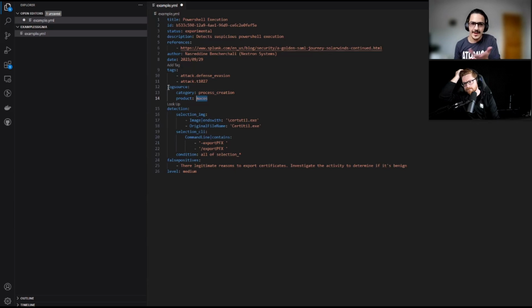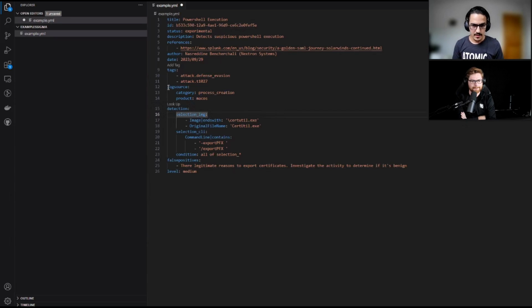But if you use it locally, or in a custom environment, such as at Huntress, you can add as many products as you like. And the category says what type of logs we are trying to detect. Is it process creation? Is it network connections? If you know anything about Windows, you know that a process might spawn and create a thread. It loads a DLL. It does a lot of shenanigans that you might be interested in. So you say, I want to detect process creation. But as always, the list of categories that are available or supported by default is listed on the GitHub page. Maybe you can link to it.